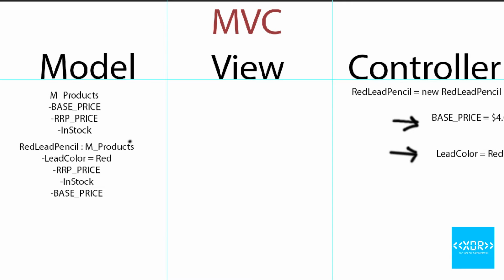Alright, so the controller essentially builds and sets up the data in the model. Now, in practical terms, it actually allocates memory for that model and does all that sort of stuff. Then what it does is this. Our view is simply a